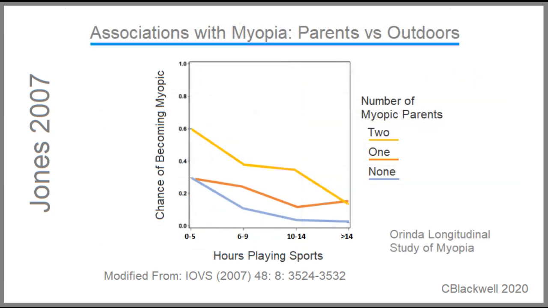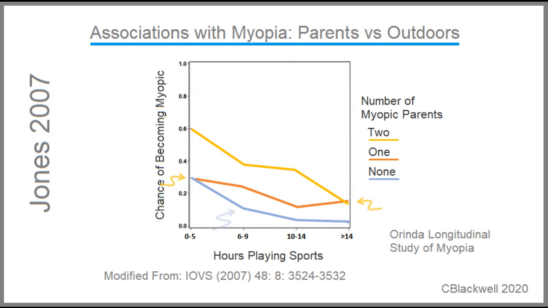Another part of their results presentation shows more myopic parents clearly means higher risk of myopia, and amount of outdoor time has a big effect on myopia within each group. A child with two myopic parents who spends little time outdoors has a 60% chance of becoming myopic. However, if that child with two myopic parents spends 14 hours a week outside, the risk drops significantly to the same level as a child who had only one myopic parent, and below the risk for the other ones who didn't exercise.